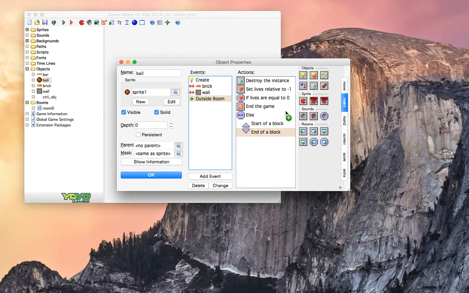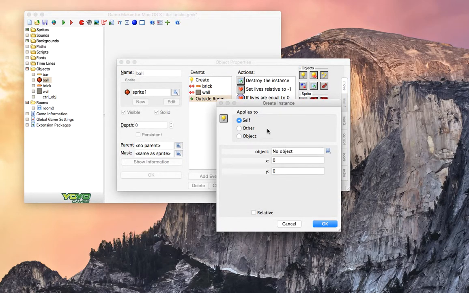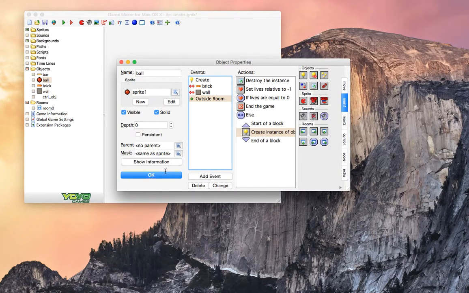We need to create a new ball under main 1. So we're going to create a new ball, which in this case is going to be the object ball, and it's going to be placed somewhere around my room. I'm going to type these coordinates, and let's see where the ball is going to be placed. 300 by 300. Okay,